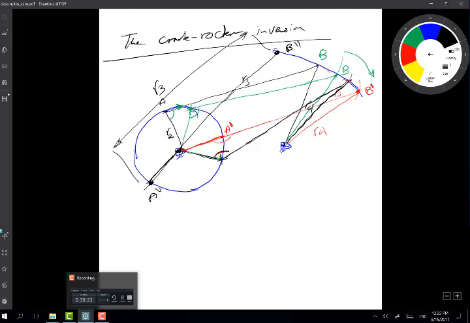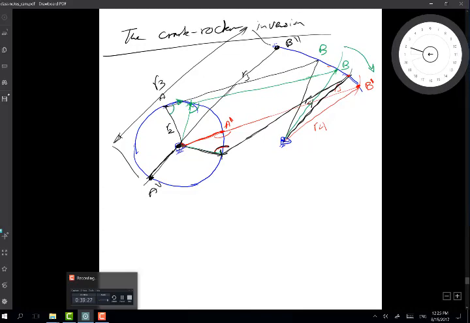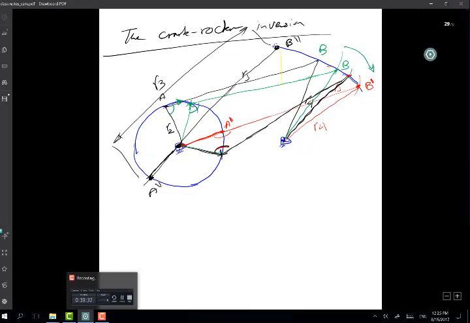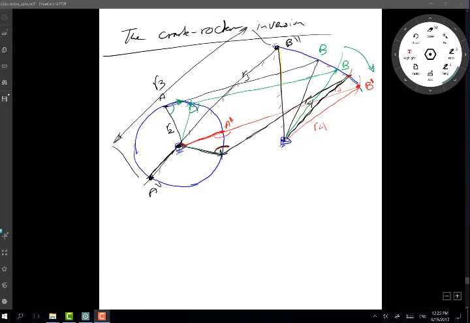So now I have my two extreme positions of the linkage. I'll go back and just change the color again. Yeah. So this will be the new position of the linkage here. I just use it here, just so that. Okay. Now with the two extreme positions known at the moment,